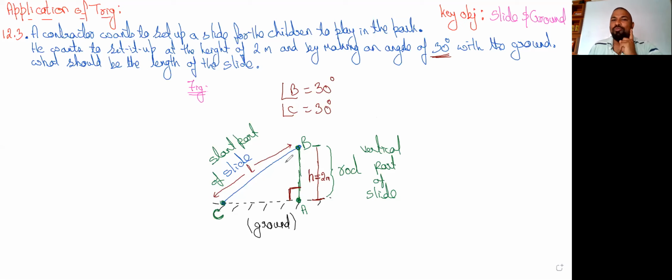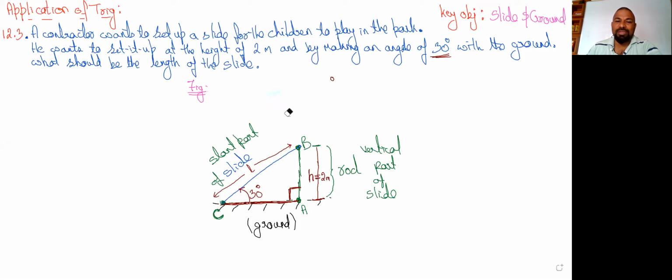I already said, to make an angle, we need a horizontal line. Angle should start at the horizontal line. Here, AC is the horizontal line. Right? AC is the horizontal line. Angle always should start there. And he also said, angle made with the ground. So start at the ground and end at the slant. It is nothing but 30 degrees. That is what he is saying. Right? So everything here, angle C is correct. Angle B is wrong. We should not take that one.